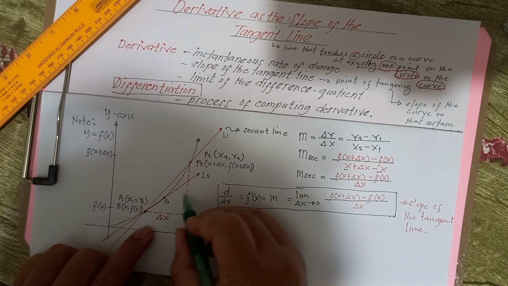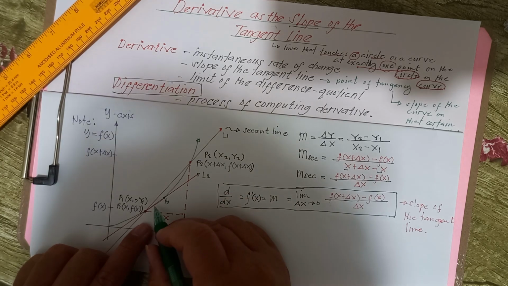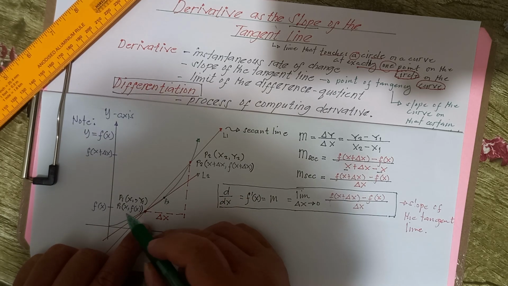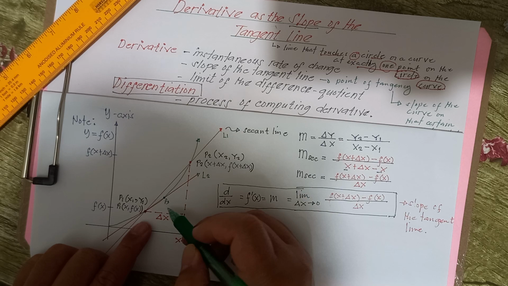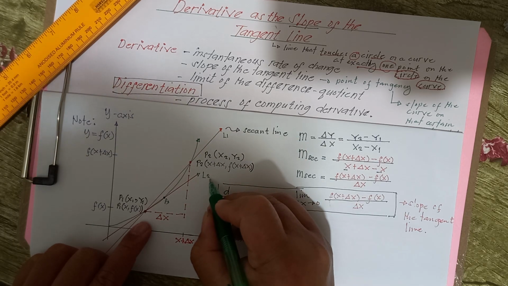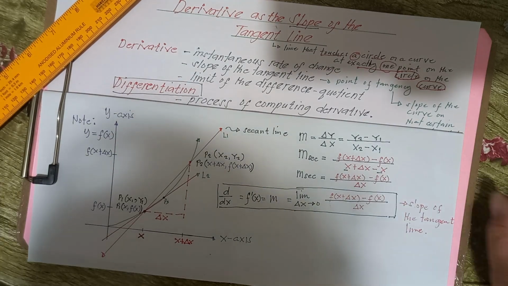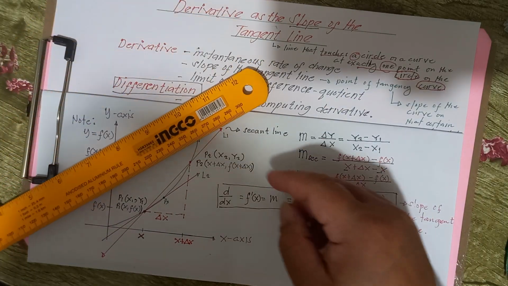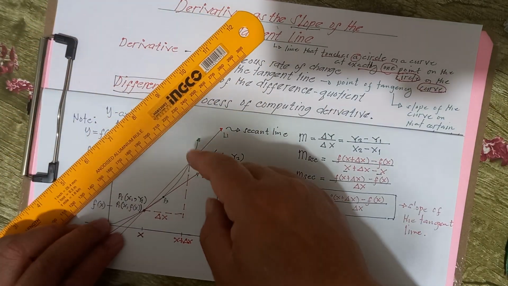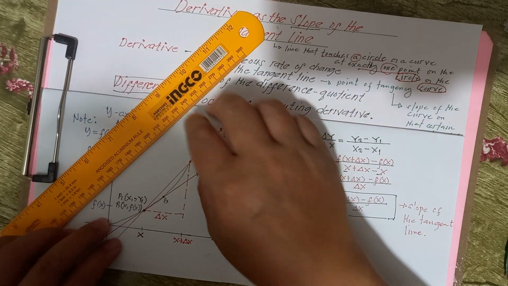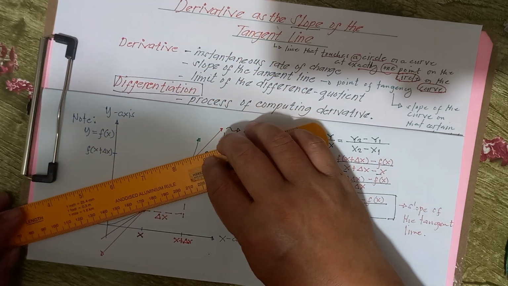Meaning to say, if line 2 touches point 1 and point 3, this is still a second line. But notice at one point, when line 2 continues tilting downward, there will be a point,